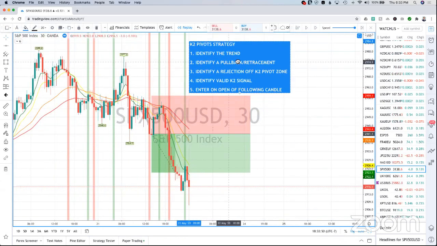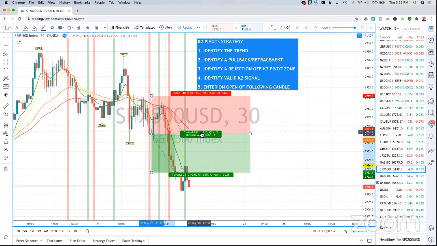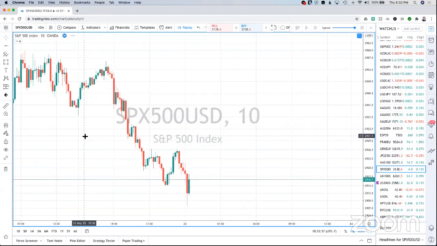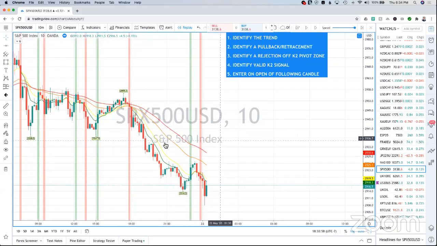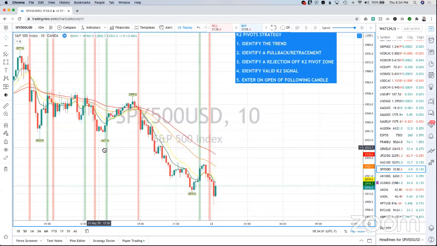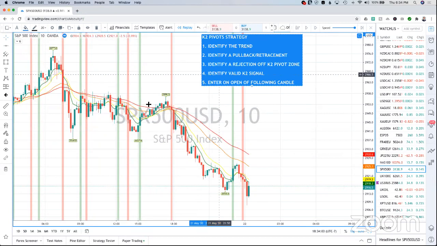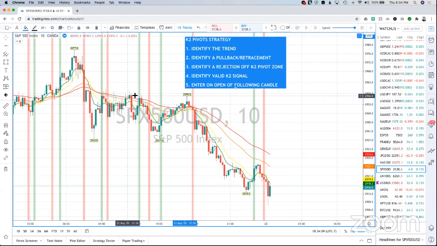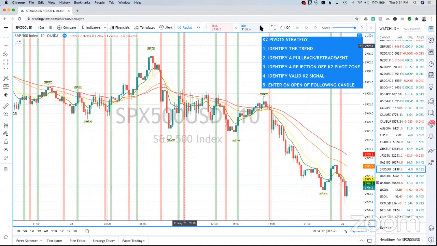So we applied it on the 30-minute, the 4-hour, and what else we have? The 10-minute if you want to scalp it. Same situation again right here. Actually, it would be this one right here. So this would be a little risky because, like I said, when price closes above the pivots, that makes it a little risky because price has already broken all the pivot zones. But right here, this would be a valid one because